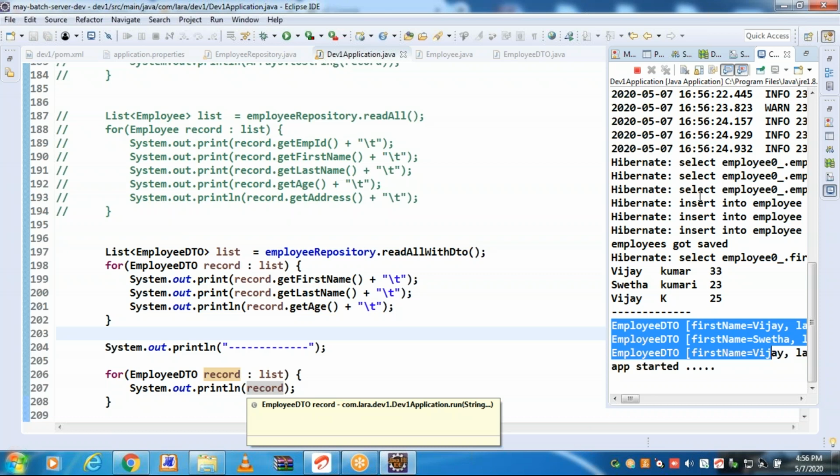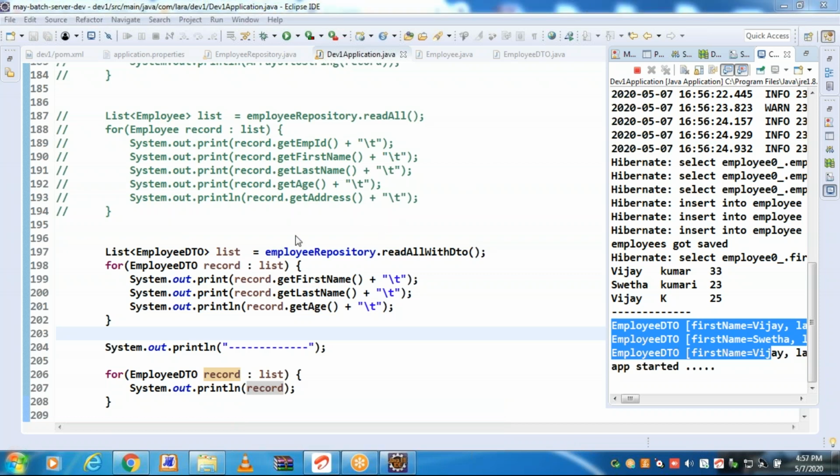Whenever we are printing a reference variable, internally it is calling toString method. In most of the places, we will be developing a DTO. Generally, table might have 10 or 15 or 20 columns.